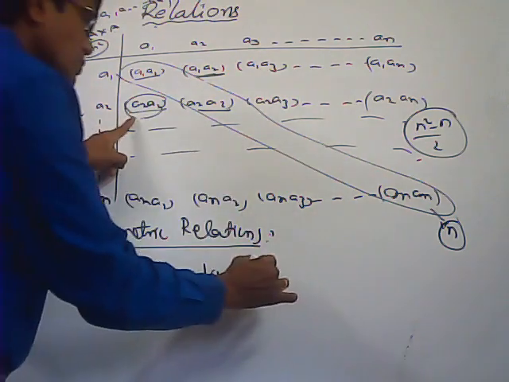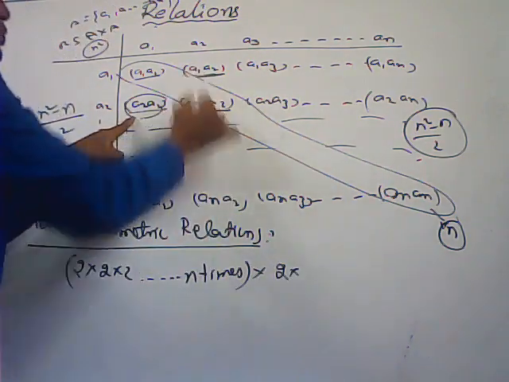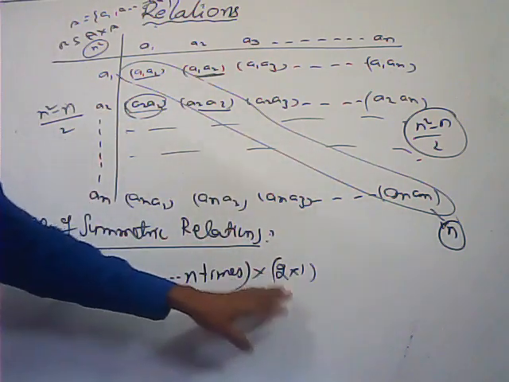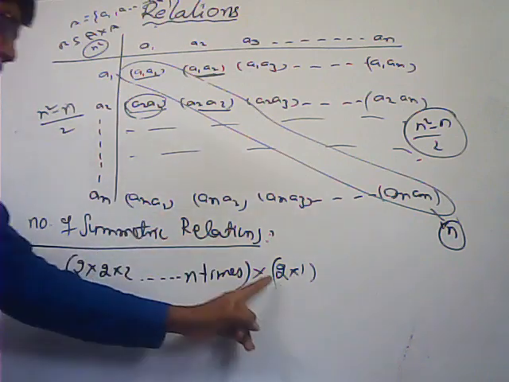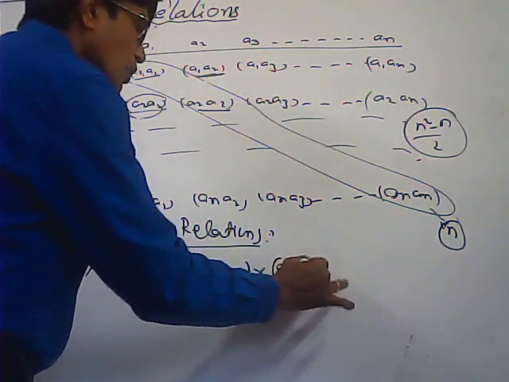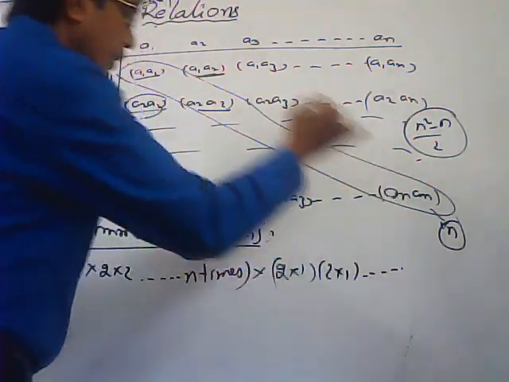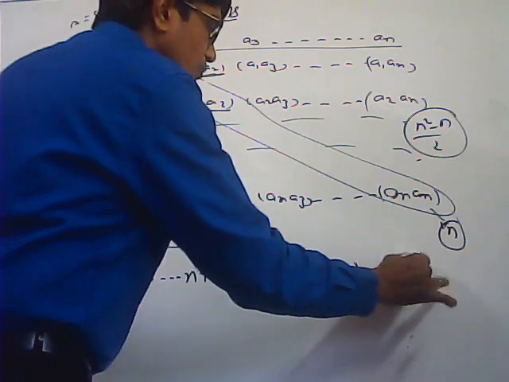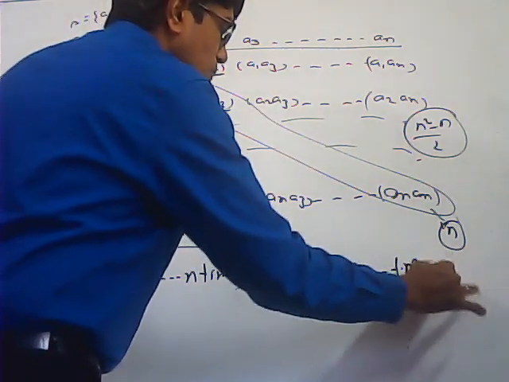So here two possibilities are there. This one, only one possibility is there. If you take this one, here no need to take, one possibility only. If you don't take it, there also don't take that one. Like that, 2 into 1, and so on. How many times you have to write? n square minus n by 2 times.